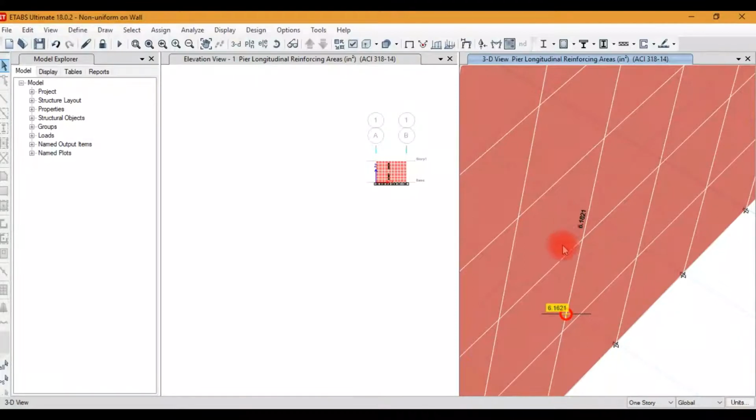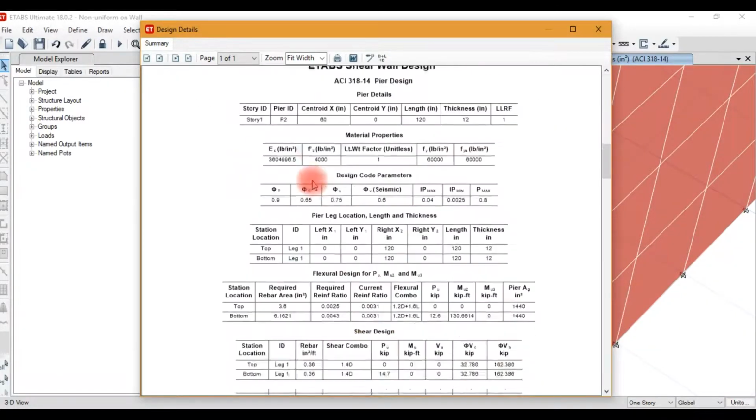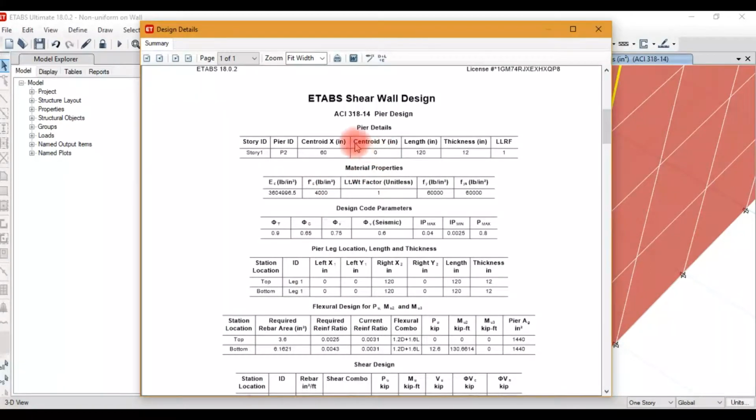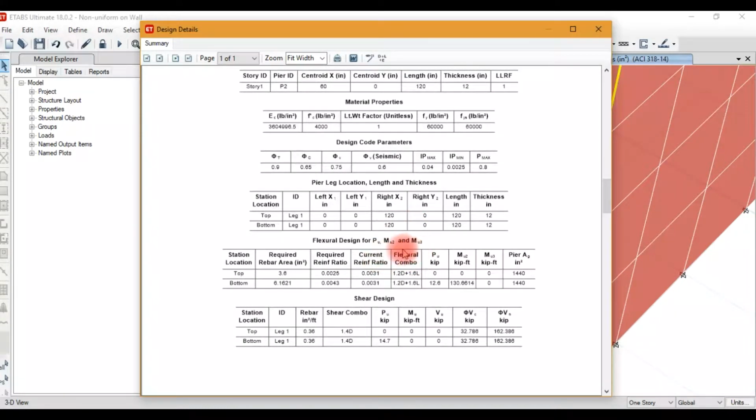If you right click any area, it gives all the information here. You can see here the pier details, material properties which are used while designing, design code parameters, pier leg location, leg 1.